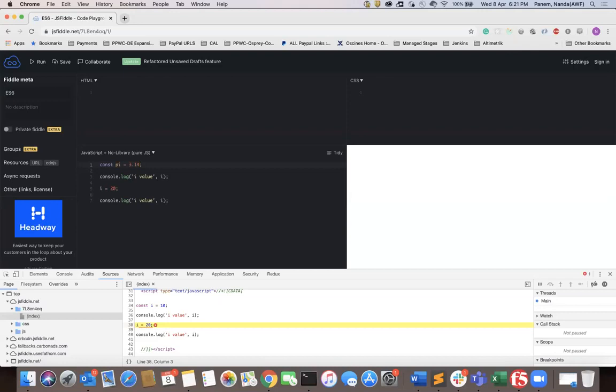Next thing, we are going to see the concept of classes. What is a class in JavaScript? The same way we define classes in C++ and Java, we are going to use classes here in ES6.